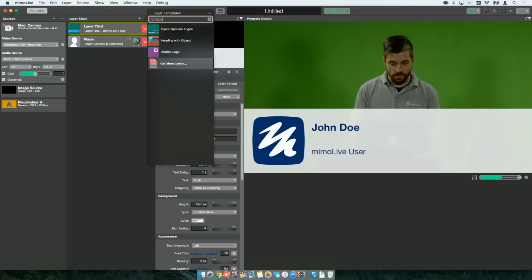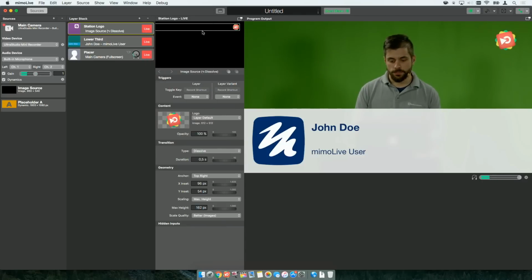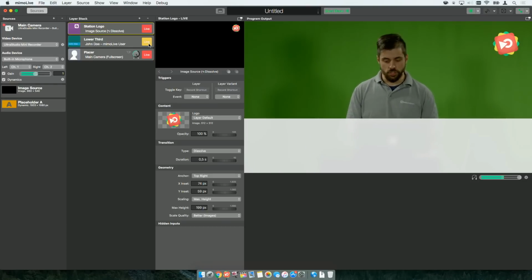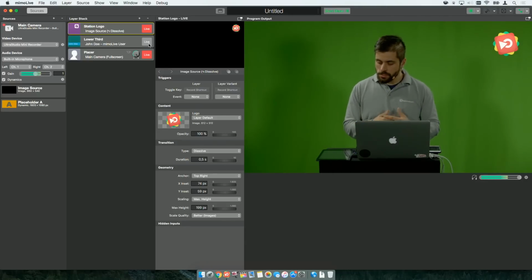So let's add a logo and try the same thing. We add the station logo, enable it, and just by clicking and dragging, we can manipulate everything right in its place. So there is no more fiddling with numbers, but if you want to, you can still adjust everything manually by going into the nitty-gritty details of the numeric values. So let's turn off the giant lower third that it has become. So I added a lower third, I added a station logo. So the next thing is,